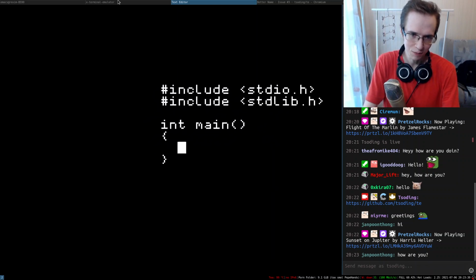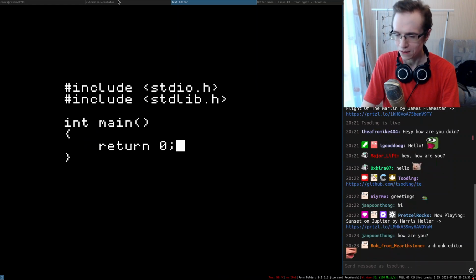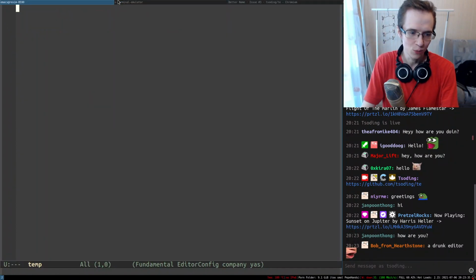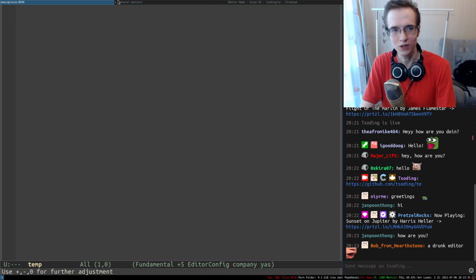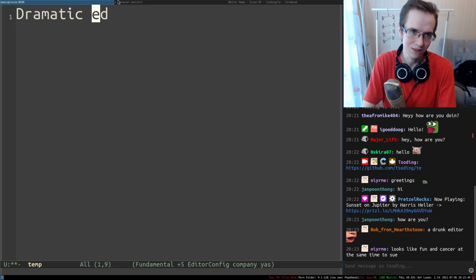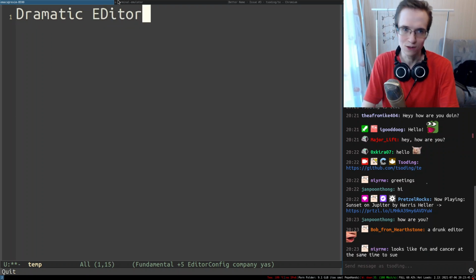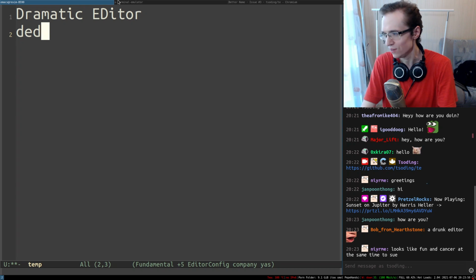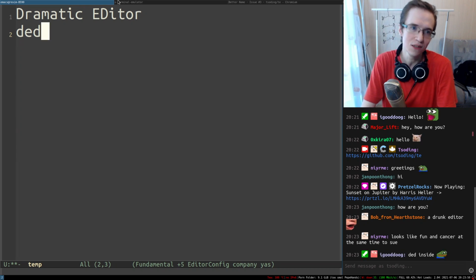To accommodate this idea, one of the suggestions was to call the text editor DEAD, which stands for dramatic editor. On top of that, I don't expect anyone to seriously use this text editor, so that's why it's going to be dead.